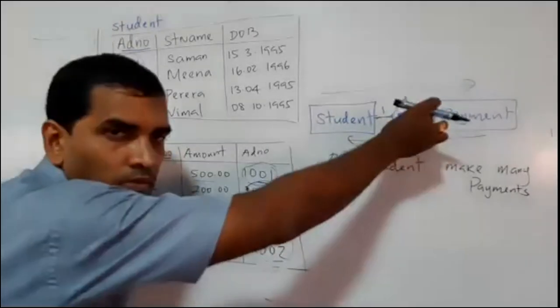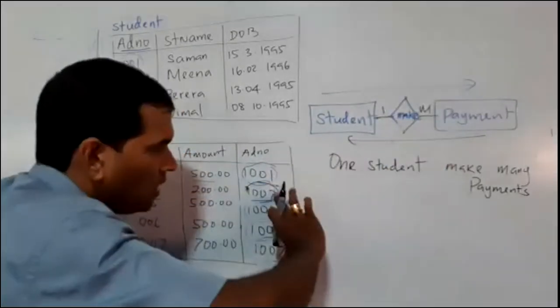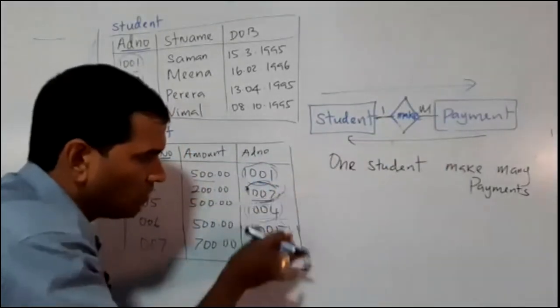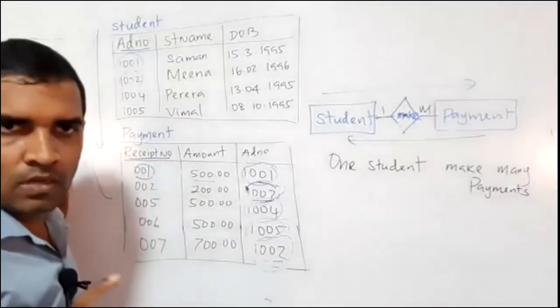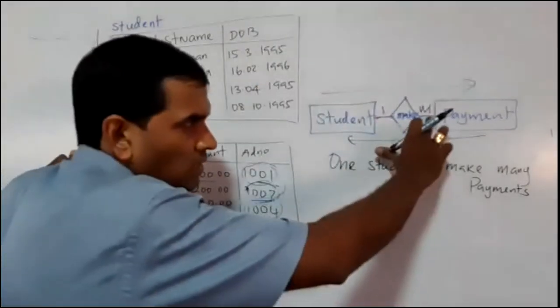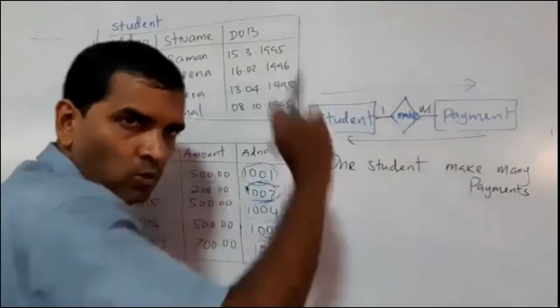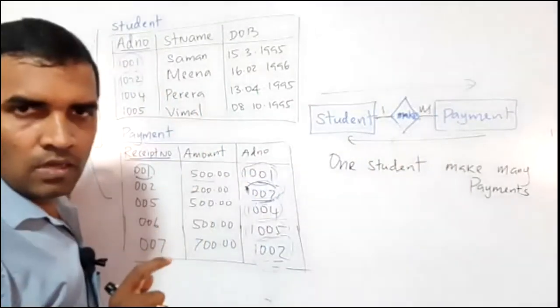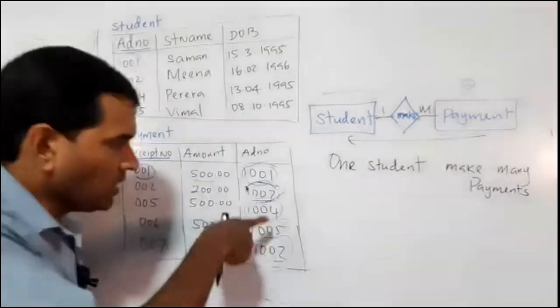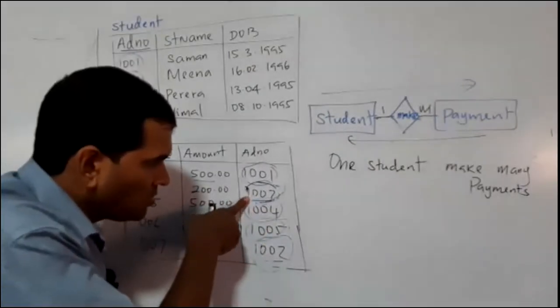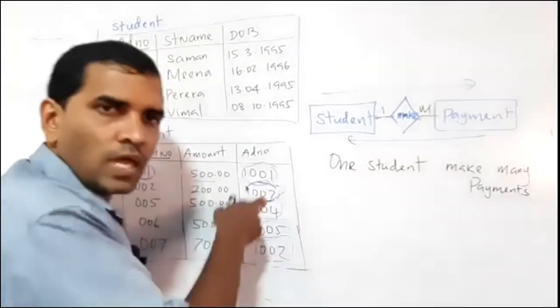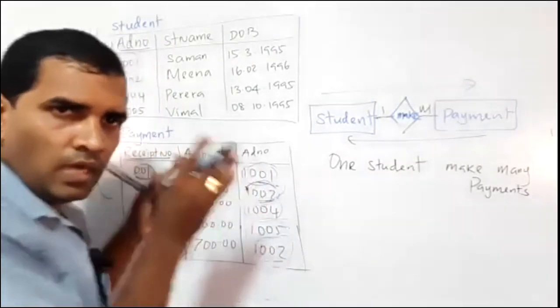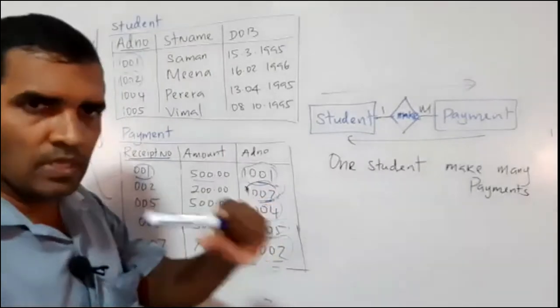It looks like many. So even though you have many data, even though you have 2002, you take them one by one. What I'm trying to say is, even though you have many there, you have to take that as one. Have you understood? So here also, 1002, but I can't take that as 2002. I take one data. I divide them into small numbers and find it.